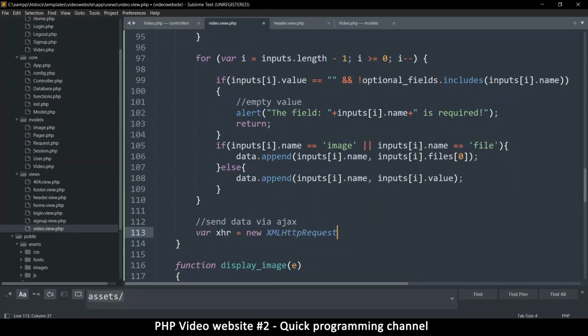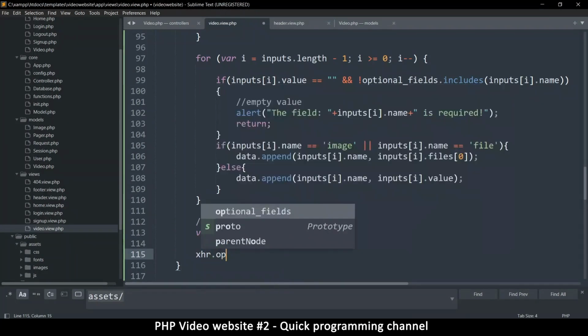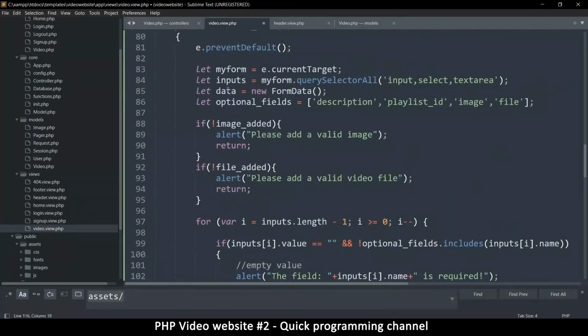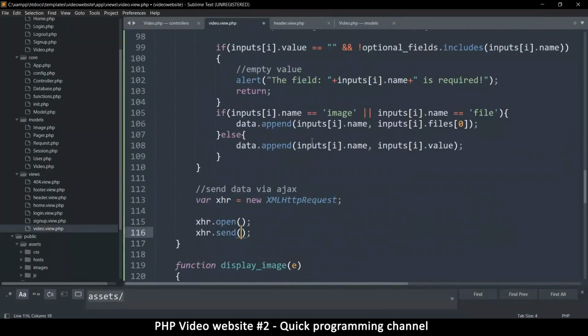So careful with the capitalization there. Okay, so then XHR dot open, and then XHR dot send. And what are we sending? We're sending the form, which is in form of data. So I'm just going to put data here,